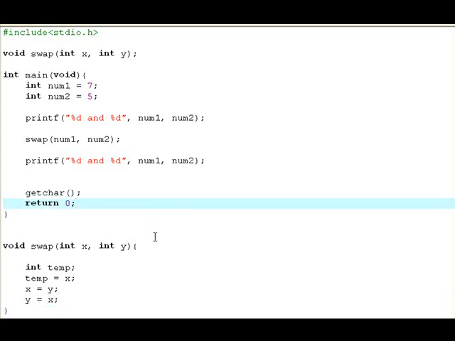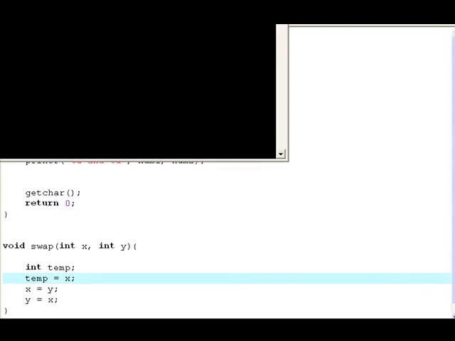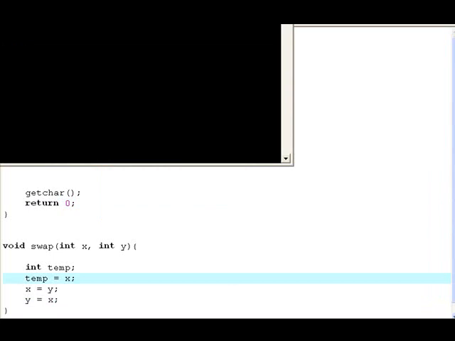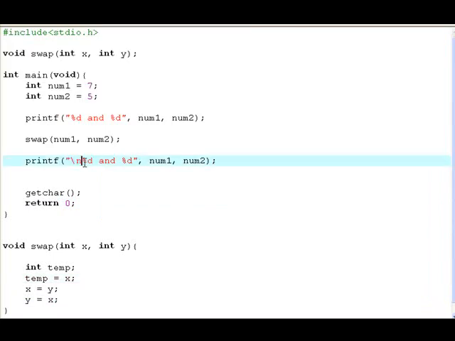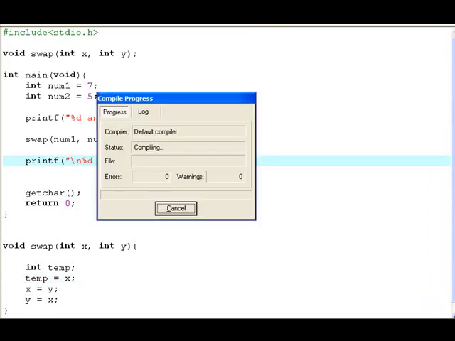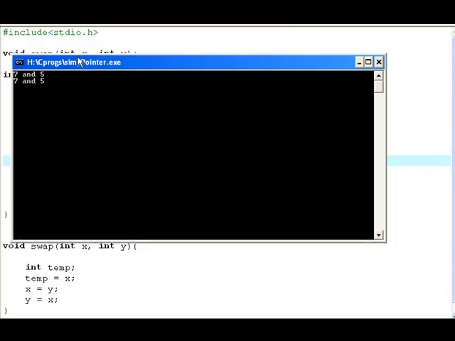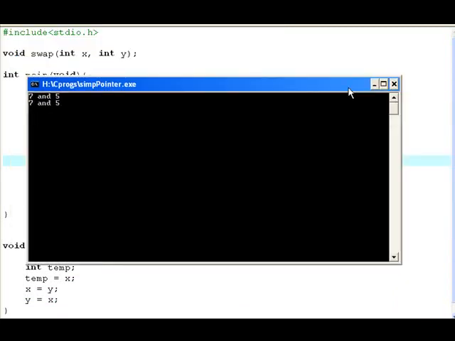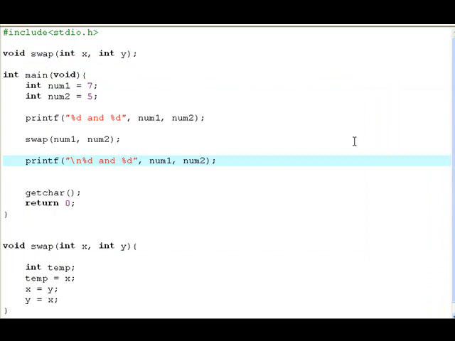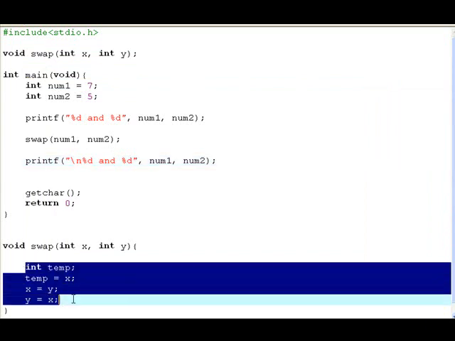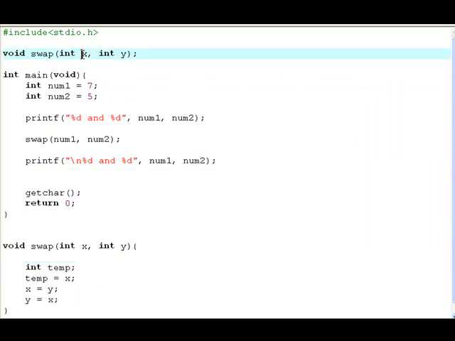Now this program is not going to work first because we haven't used pointers, so here's what's going to happen. We run that. I should just put a little \n here to put it onto a new line. Run that. So now we've got 7, 5 and 7, 5. Now the problem is that while this has swapped these around, it hasn't returned it, and what happens inside the function has nothing to do with what's outside the function. They're completely different variables. However, if I say asterisk here and asterisk here, so I'm expecting a pointer now